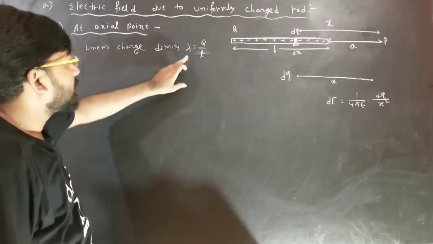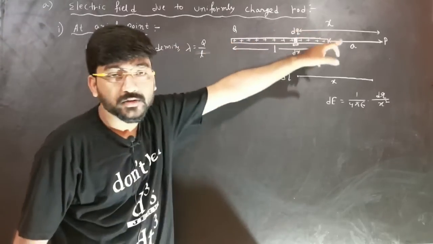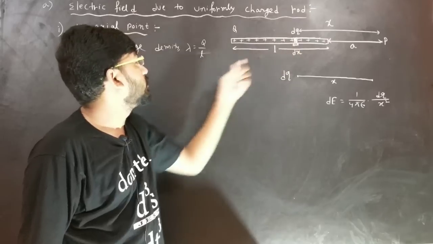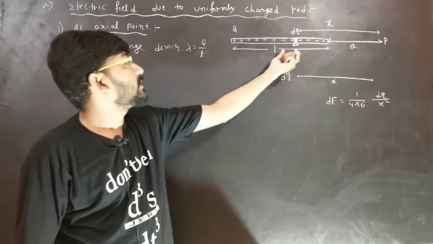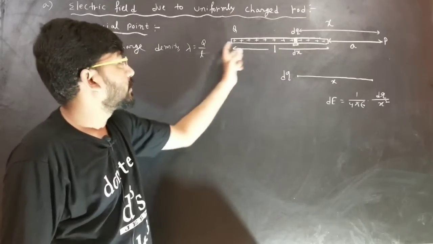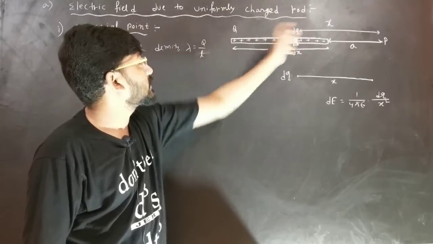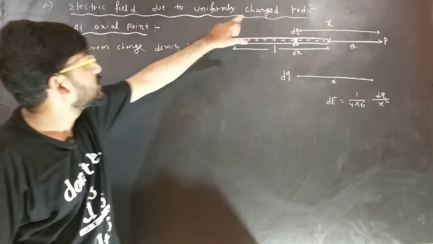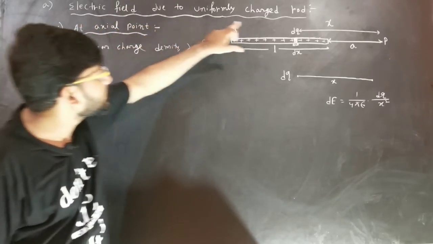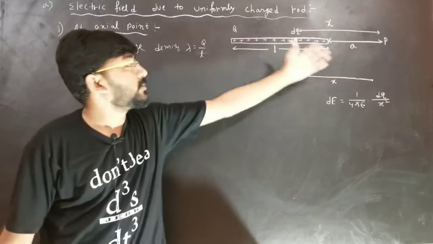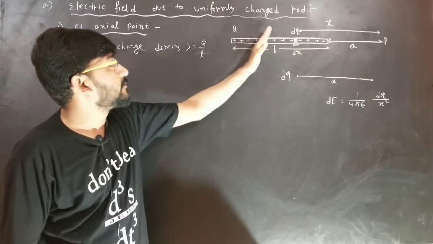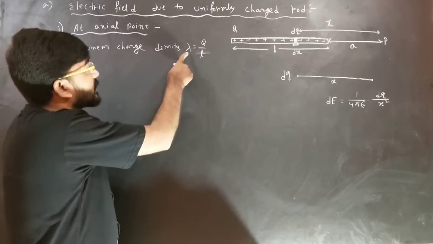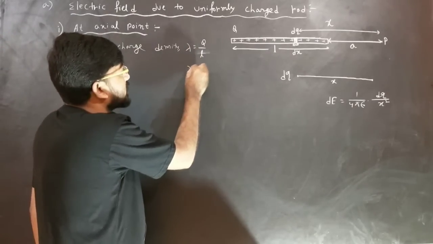So lambda is equal to q by L for the whole rod, but if you talk about this point only, then it will be dq by dx, because here the length is dx and the charge is dq. For the whole rod the charge is q and the length is L, but here the charge is uniformly distributed. We have taken the electric field due to a uniformly charged rod, so the charge is uniformly distributed. That means at each and every point the charge per unit length is the same. So whether you write lambda is equal to q by L or lambda is equal to dq by dx,